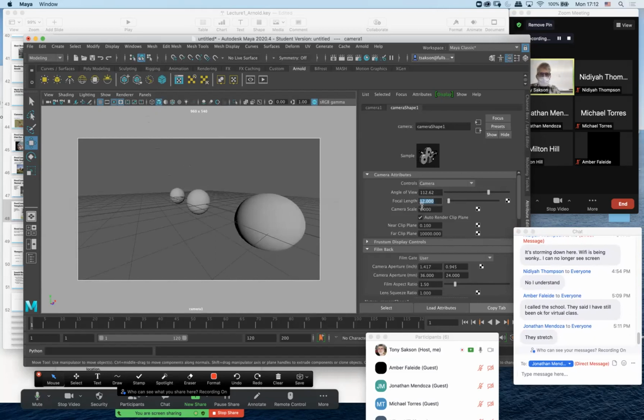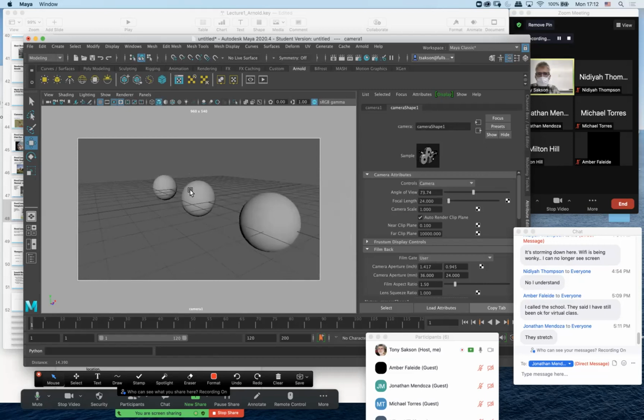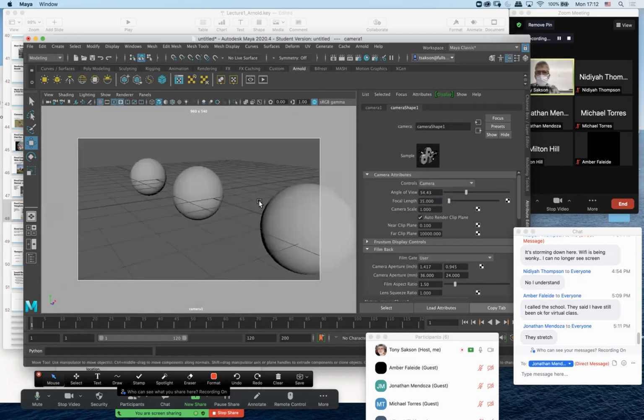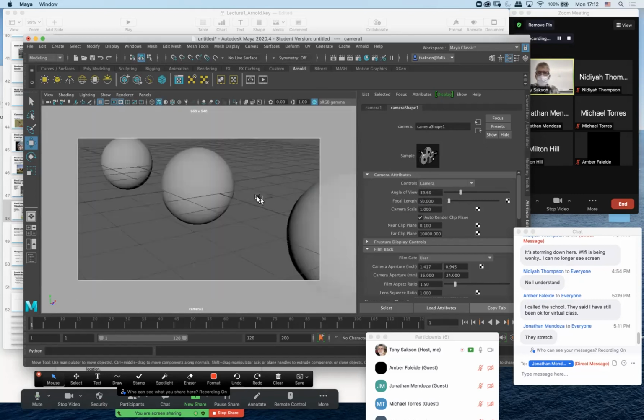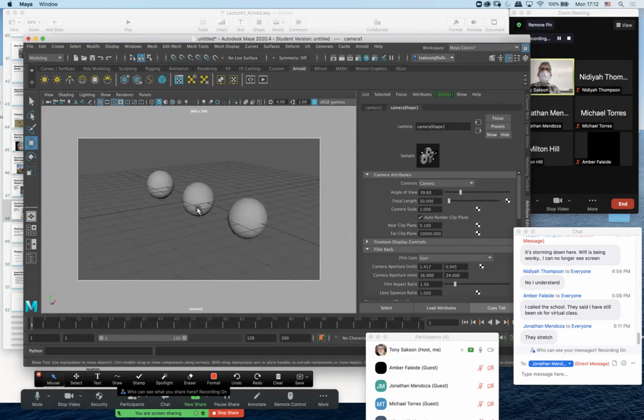Anyway, so I can set this to be 24. Not quite as much distortion. 35. Okay, 35. So if I go to 50, you can see really not getting any distortion at all. If I go to 70,